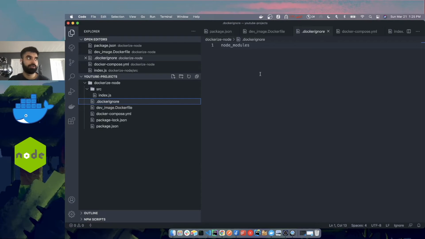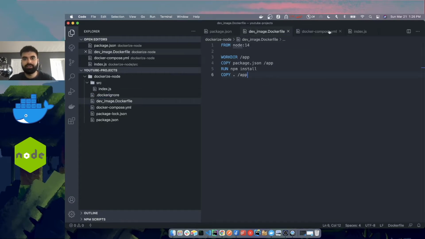Basically, node modules are very big. They could be anywhere from 1 GB to however big your node module folder is, and it could take time, right? So you don't wanna bother yourself with that. So once you have done that, right,